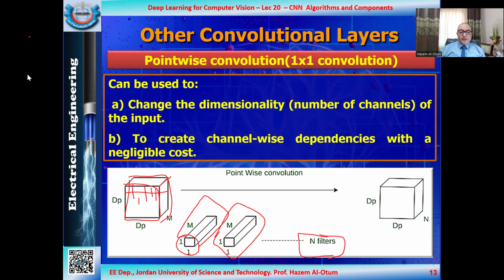And finally, after applying this, you started with a number of filters m and you finished with a different number of filters. Let's say, for example, you have 16 here, and here we want to increase it to 32. You can do this just by changing the number of filters. So when you apply one by one convolution,